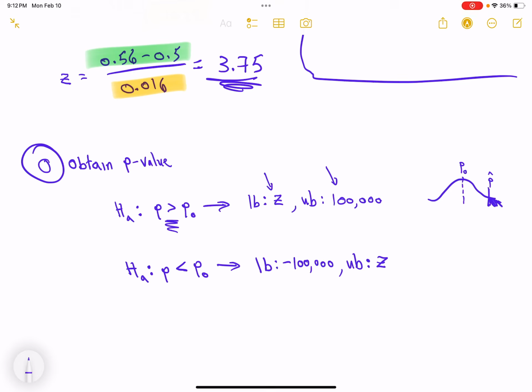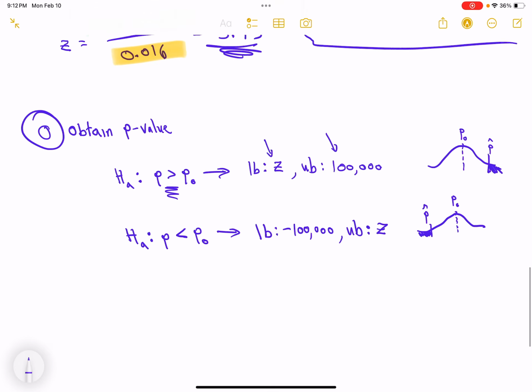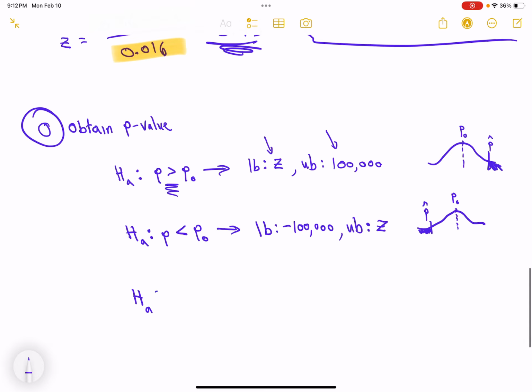Again, because that version would be something like this. We're arguing that the null proportion is here, the p-hat is to the left of that, and we want the value to the far left of that distribution. Be aware both of these are one-tailed tests. If on the other hand, we have a two-tailed test, which you'll know because the alternate will be that the p, the parameter, is not equal to the null proportion, what we will more likely than not do, and it will depend on the problem, is